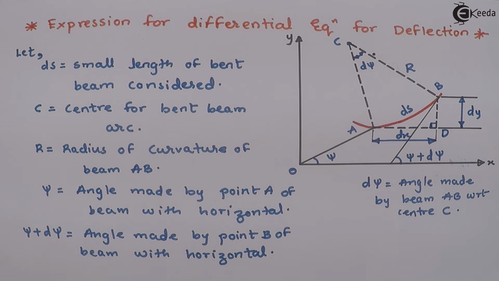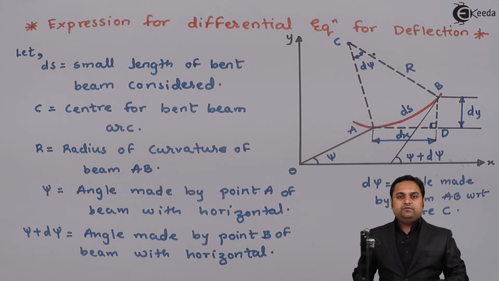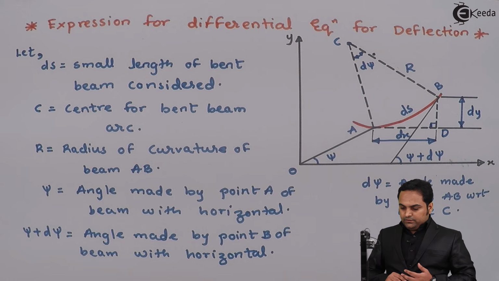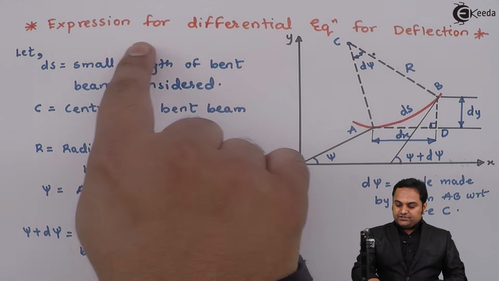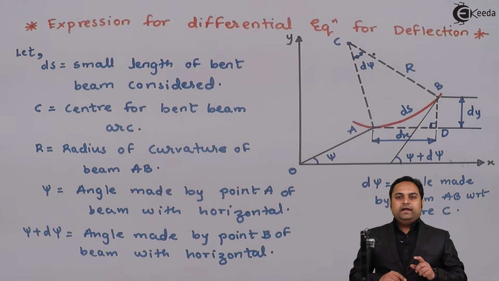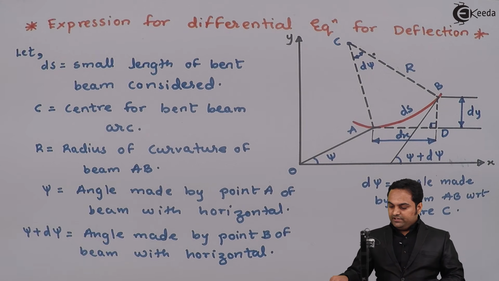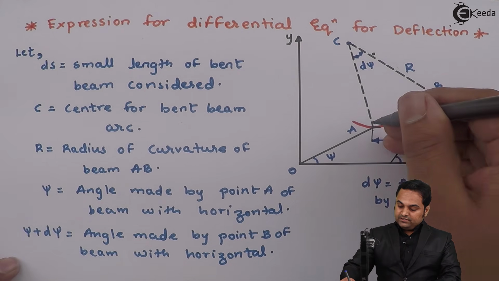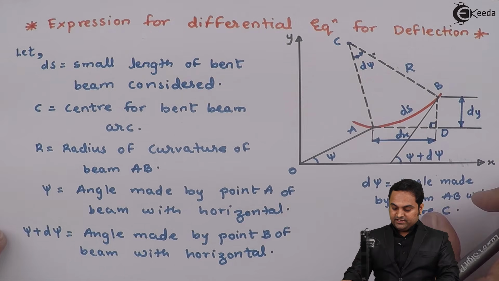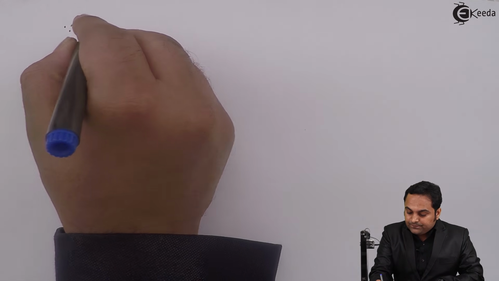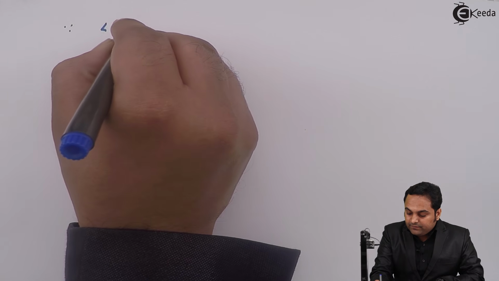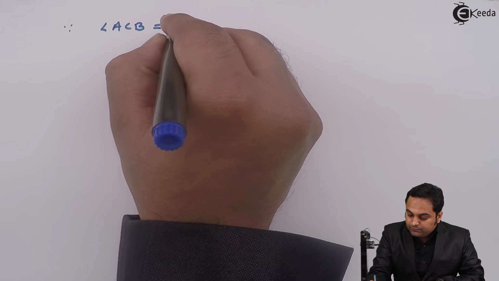So now, once I have defined all the terms which I am going to use in this derivation, we can start with the derivation part. As I have told, this derivation of the expression for the differential equation for deflection will help us in the double integration method as well as Macaulay's method. So when we start with the derivation, first I'll consider this angle ACB, which is d psi. Since angle ACB is equal to d psi,